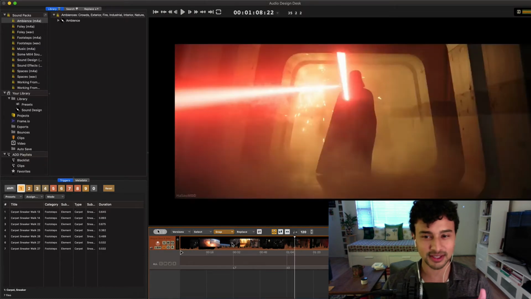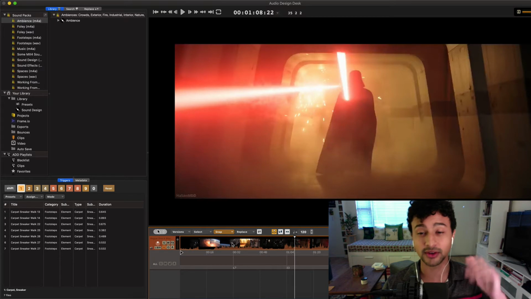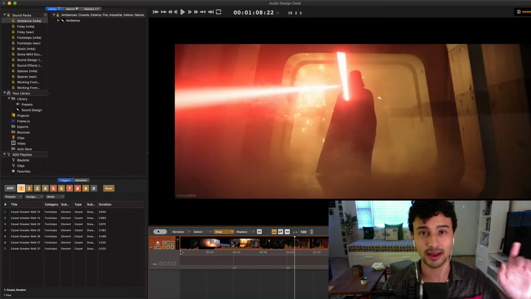All right, so pay attention right here to the way the laser sound is being treated. Not only are we hearing the shots fired, we're hearing them bounce off the lightsaber, and then we're also hearing them either absorbed into the walls or ricocheting, panning left and right to follow the image. So there's a lot going on just with these laser sounds.